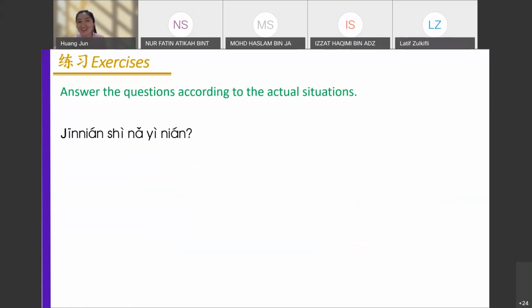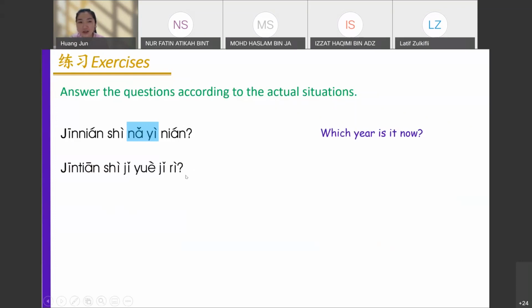So then, did you remember which one is the question word? Can you figure out the question word? Three correct answers already. The question word is 哪一. When we're asking for a year, we use 哪一 as the question word. So if you forgot, download the video and finish your revision. Quite complicated. So, this year is which year? This is what we are asking for.